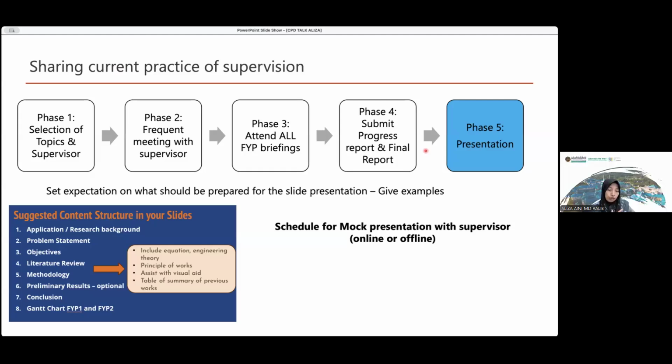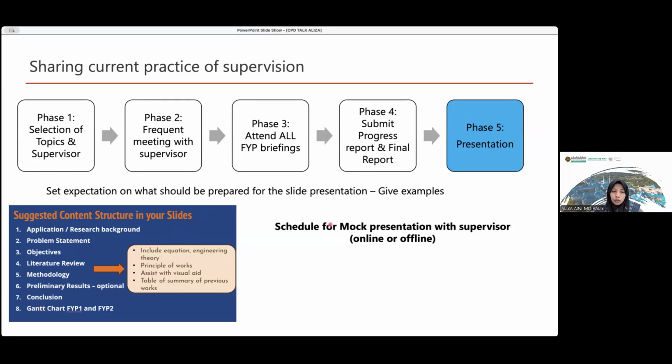Okay. And we don't stop at the report. Our roles don't stop here. Just now we said PO communication is not only about writing, it's about presentation skills. So even for the presentation, we set the expectation with the students on what they need to have inside: not a lot of text, graphical and attractive, using the 10 minutes to present their results. With all this guideline: application, problem statement, objective, literature, and the rest.